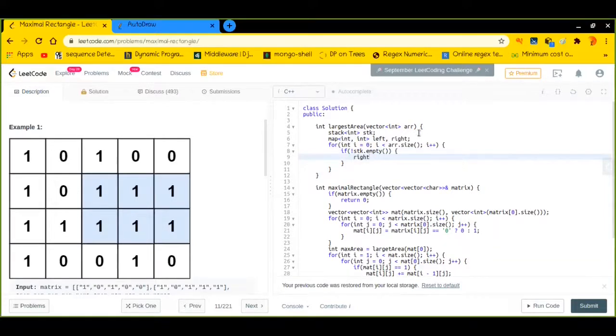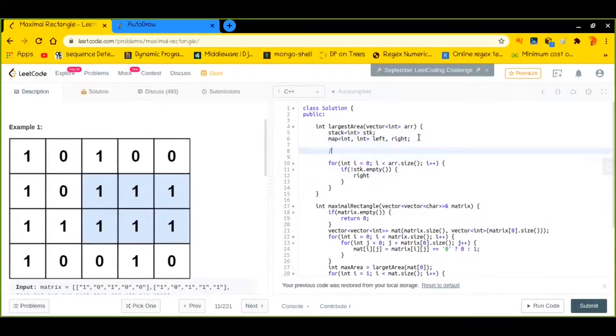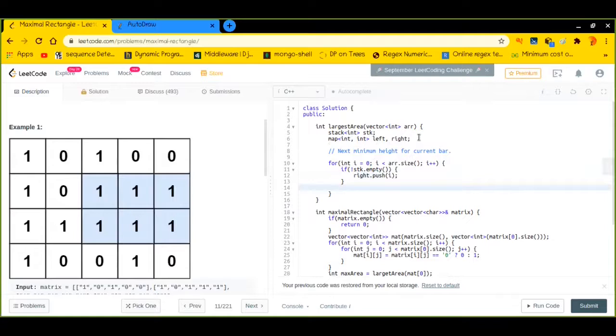Basically, this time let me write down what I'm actually doing: this time I'm finding out the next minimum height for the current bar. So whenever I notice that the stack is empty, I have to push the current element, the current index, into it.